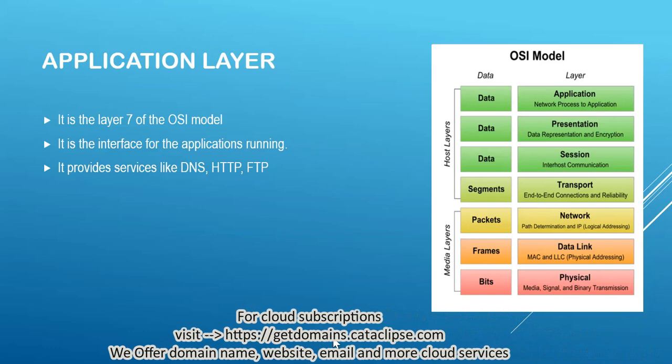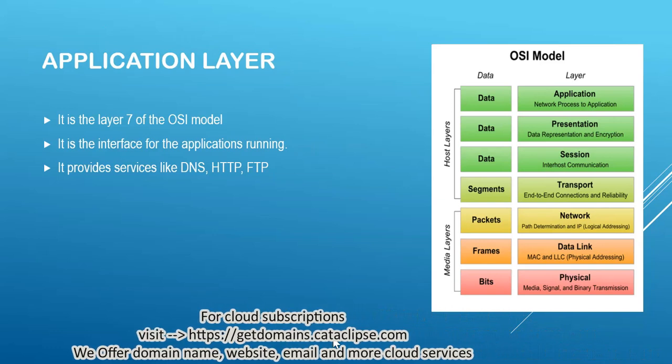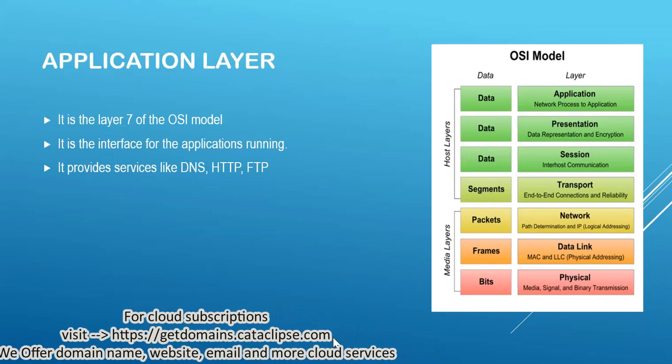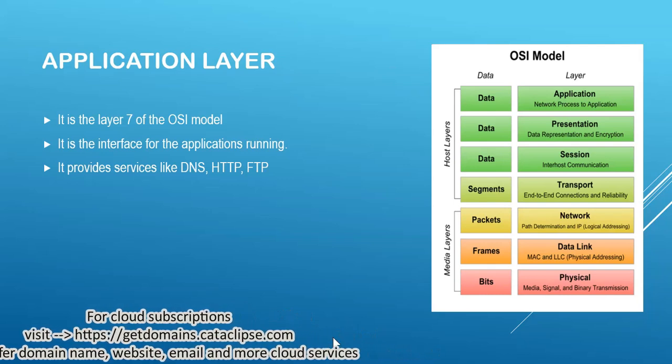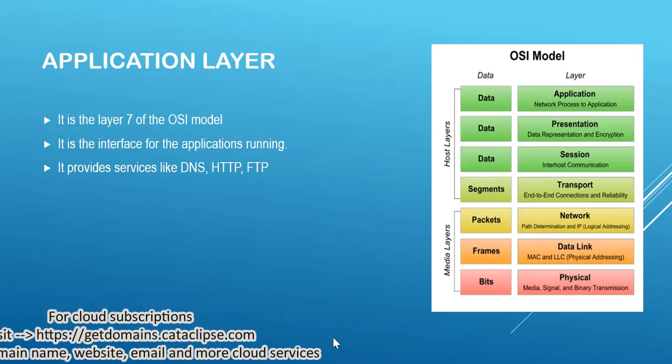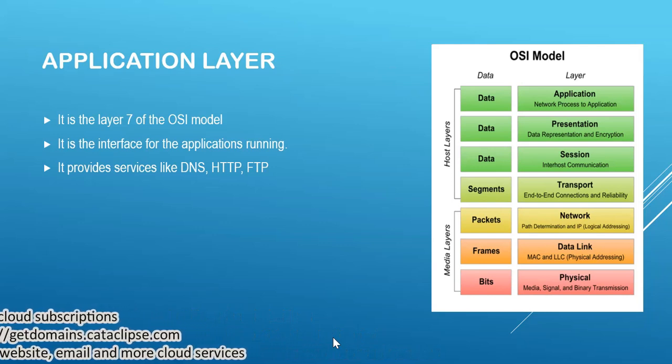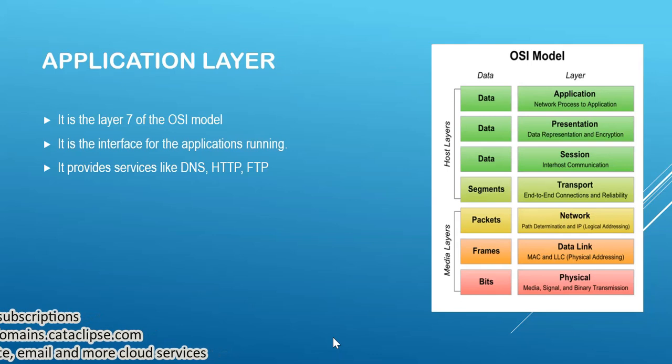As we come to an end of this lesson, the OSI model picture is in front of you. Physical, data link, and the network layers are known as the media layers. And the topmost layers, transport, session, presentation, application layer, are known as the host layers. Please remember the picture